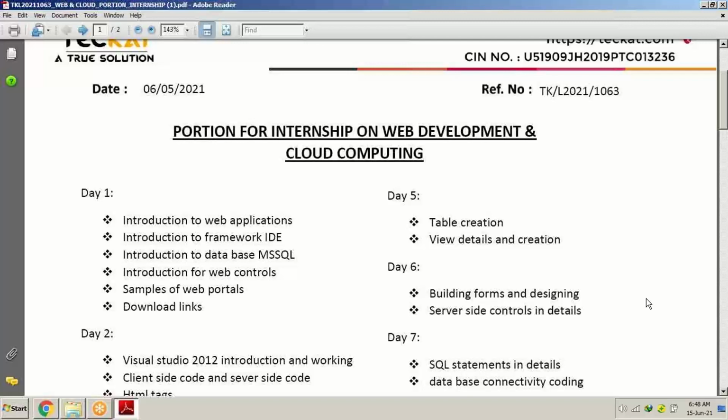If a database is introduced to any website in order to exchange data, any kind of data, whether student data, patient data, candidate data, interview data, or doctor's data, that particular application comes under web portal or web application software. And websites are made for informative purposes for any organization. So I believe the introduction of web application is clear.